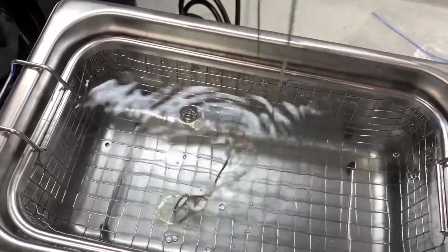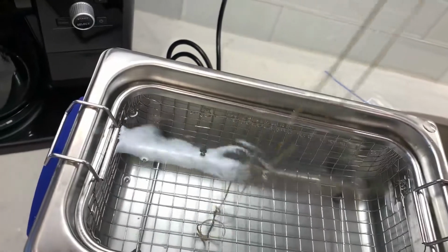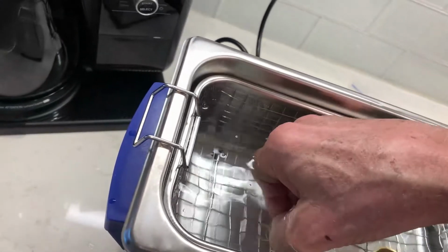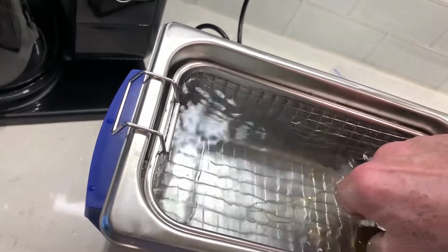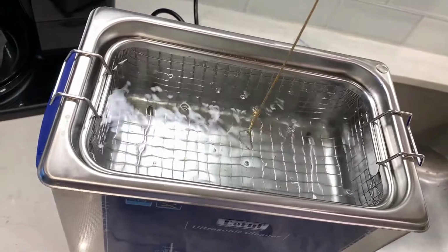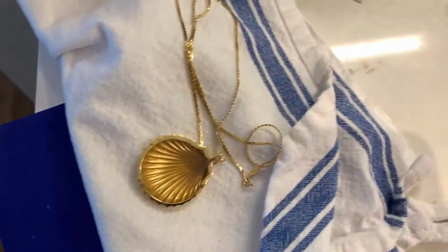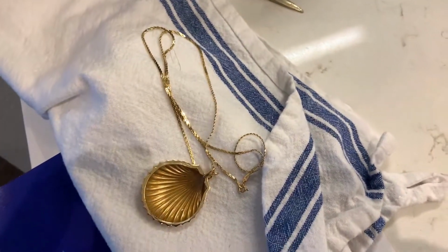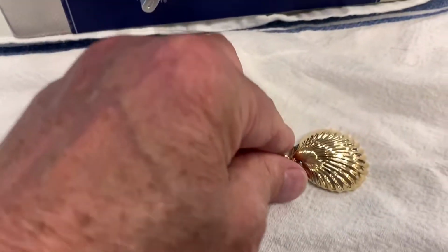The ultrasonic really made the chain wiggle around a lot, and it sort of actually got it tangled up here. That's really weird. Okay, there we go. Let me put it on this cloth rag here. All right, I'm just going to fiddle with this a little bit, dry it off, and then give you the close-up of it. All right, this came out